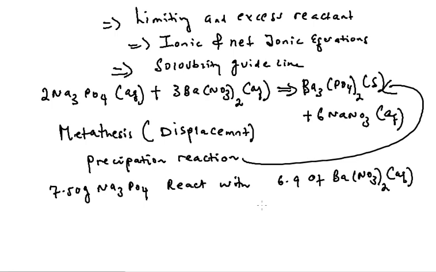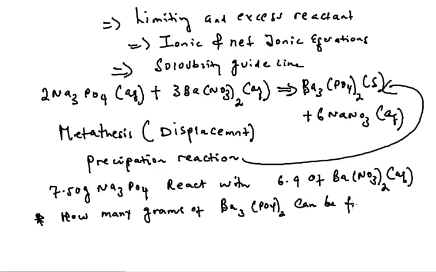So the question is, how many grams of barium phosphate can be formed? Okay, that's one question that we're going to address. So that way we can easily see the privilege of limiting and excess reactant. In order to answer this question, the first thing that we need to do is to find out which one